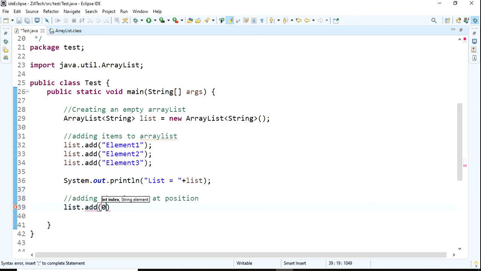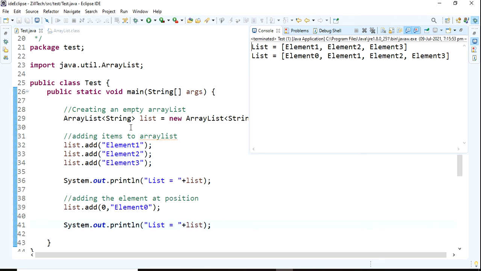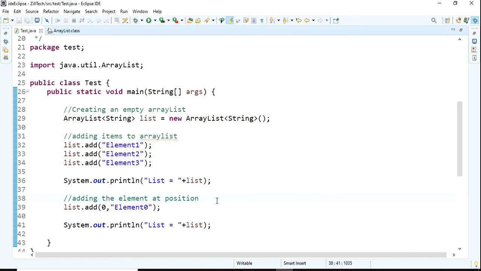I want to add at 0 comma element 0 at the 0th position, and next I want to print the list. Save it and run the example. See, the element is added at the 0th position. Okay, this is about displaying the content.